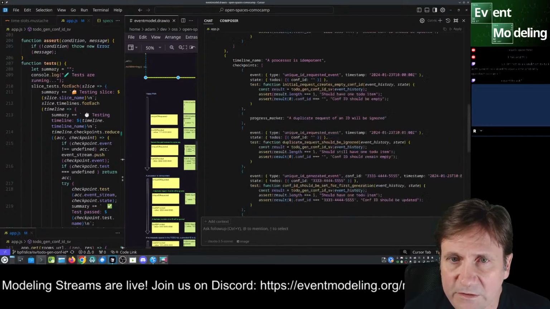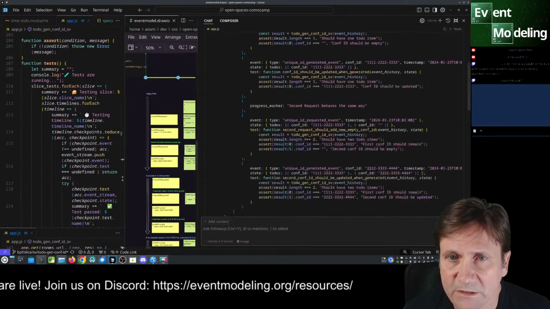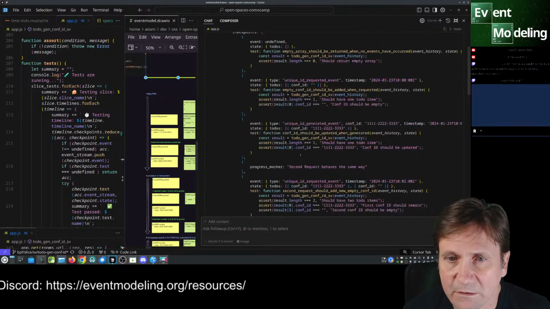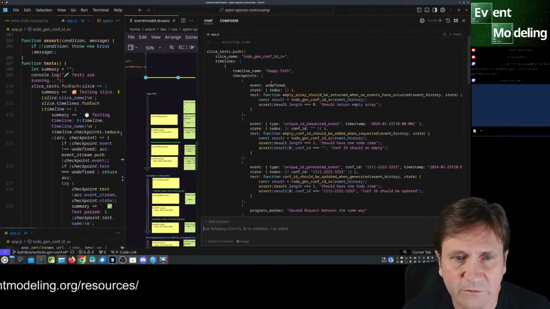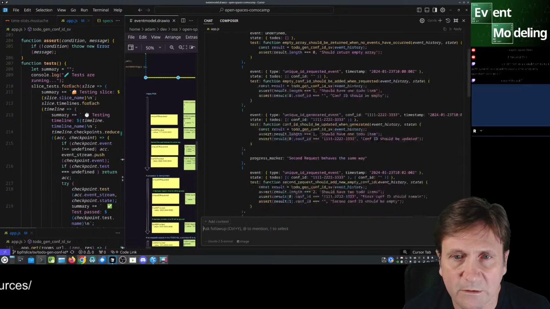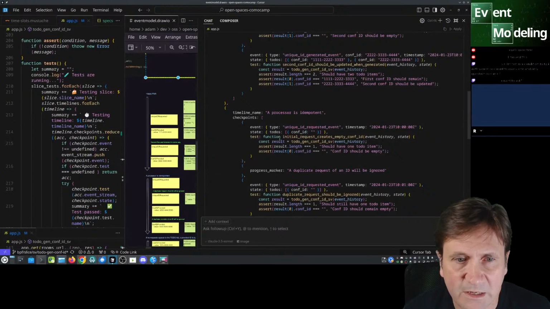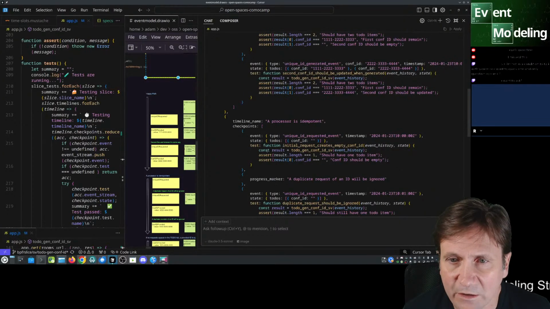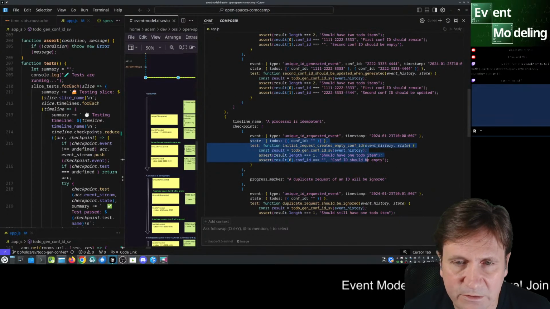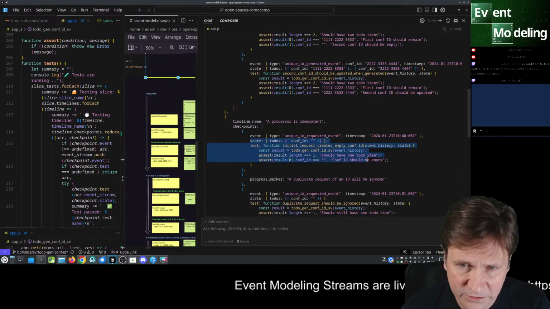Do we have events? Oh, no, it's actually missing. Nope, there's the first one that's missing. But we don't have success on here. This is hallucinating that first checkpoint.